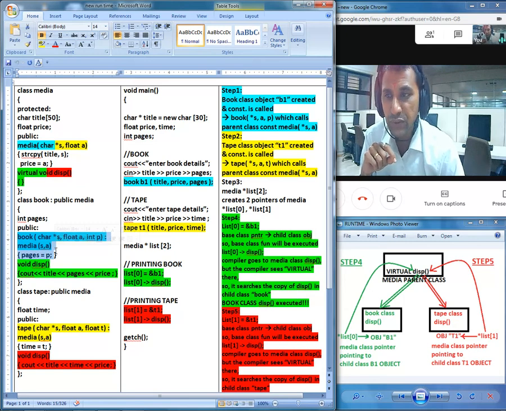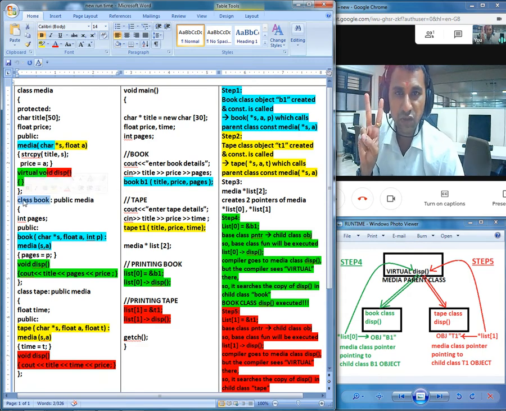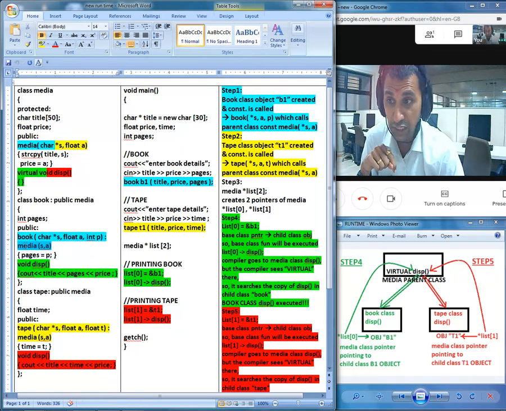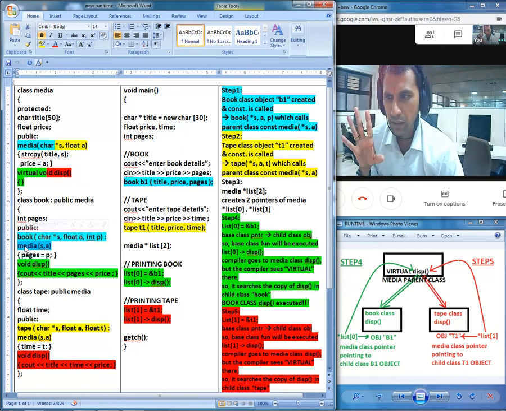Let me remind you of one particular thing. Before we execute the child class constructor, we need to be thorough with the sequence. This sequence reminds us that the first priority is the base class constructor. First it has to be executed, then the constructor of the child class can be executed. You can find the same condition in the constructor right over here. This is the book class constructor, which is making a call to the base class, the parent class constructor. And once again, the child class copy of the display function is right there.